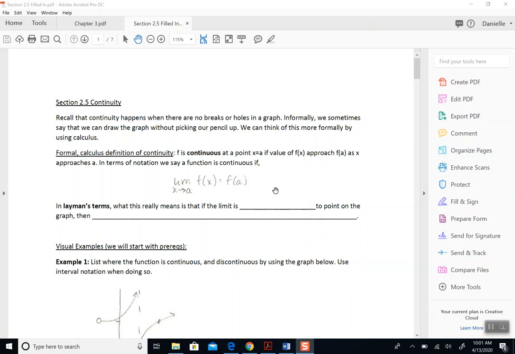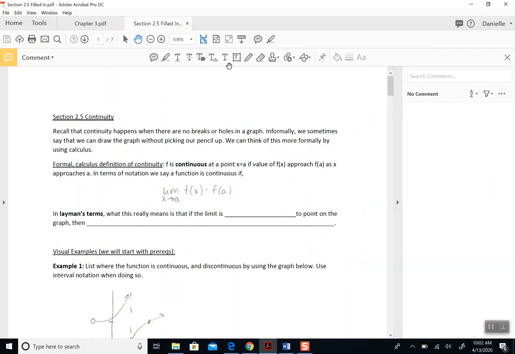In calculus, we look at this a little bit more formally. So the calculus definition of continuity is that f is continuous at a point x equals a, if the value of f of x approaches f of a as x approaches a. In terms of notation, we would say a function is continuous if the limit as x goes to a of f of x is equivalent to f of a. It's a little bit funky to understand that in terms of the calculus definition, but really all that's saying is, in layman's terms,